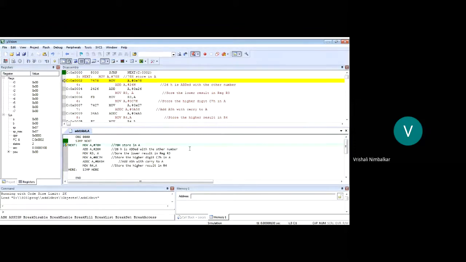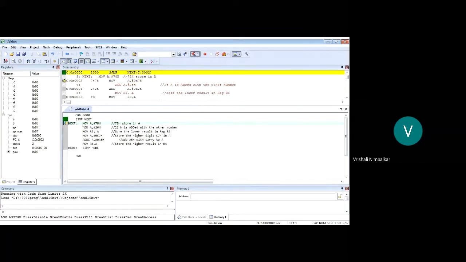Okay, students. Now I'll just shorten this. Now next instruction execution, 78 hex will be in the accumulator. So F11, see here, blue color, that is done. 78 hex is copied in the accumulator. Next, add 78 plus 26. Correct. So F11, the addition is done. The addition was 9E.